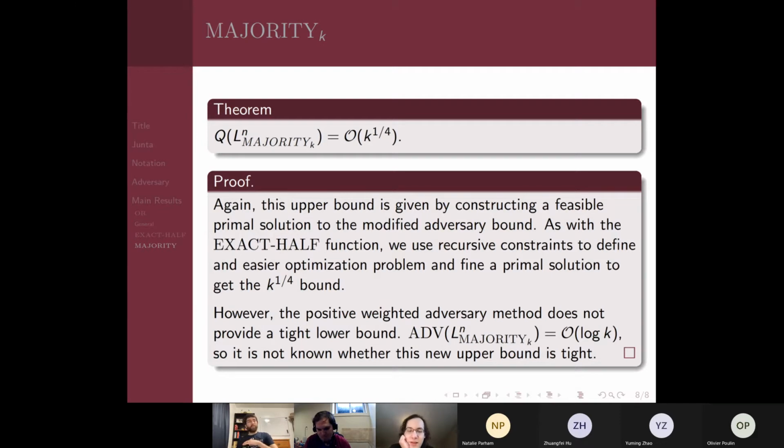All right, so, yeah, I guess Belov specializes this adversary bound a lot for this problem, but the first version of the adversary bound that he uses is pretty similar to the primal definition that we gave. The only difference is,